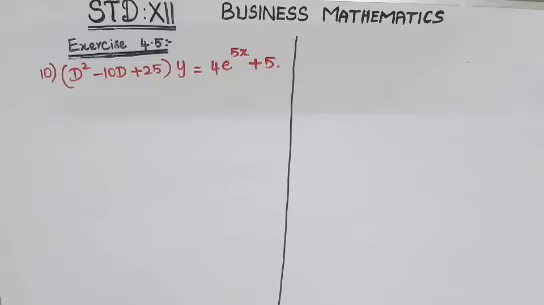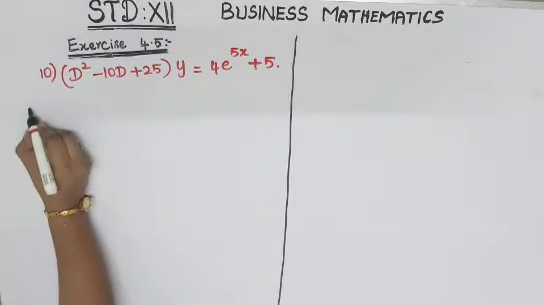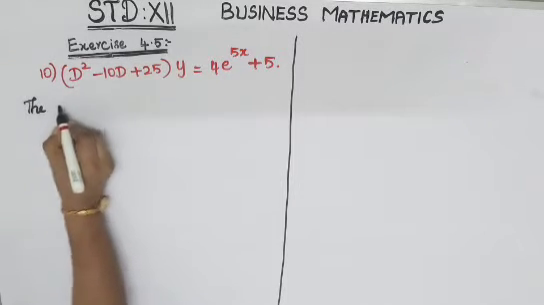Standard 12th Mathematics, Exercise 4.5, 10th question: (D square minus 10D plus 25) y is equal to 4 e power 5x plus 5. It is given. Okay, so straight away we'll go to the auxiliary equation. The auxiliary equation is